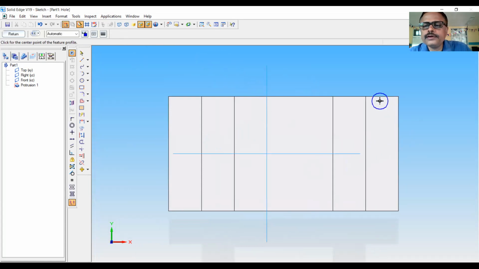The holes are to be located at the midpoint of this line. You can see the alignment indicators. So this is one hole. Similarly, I will get another hole. You can see the holes are positioned.